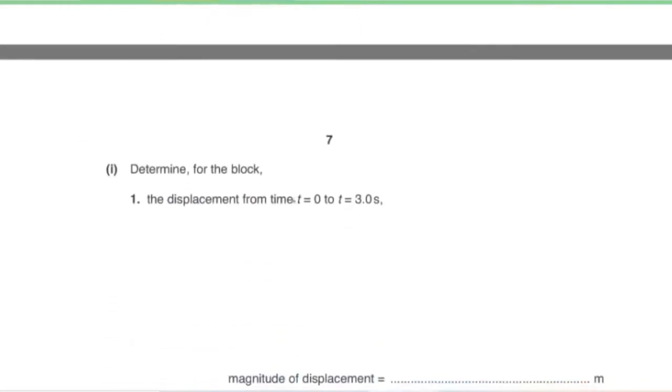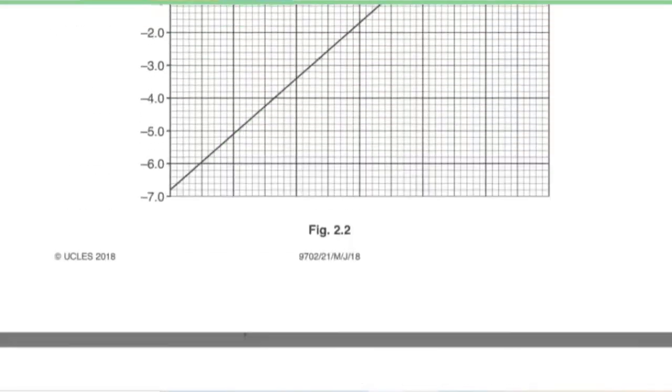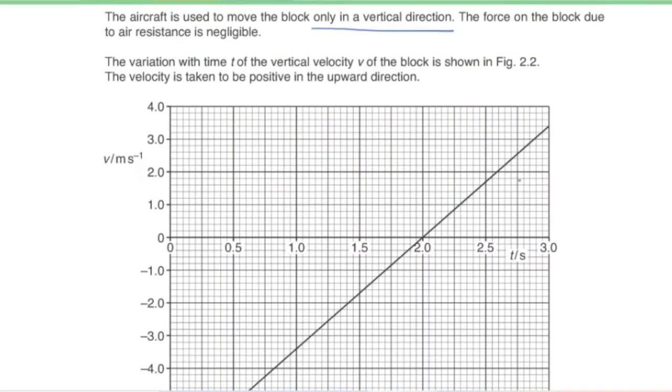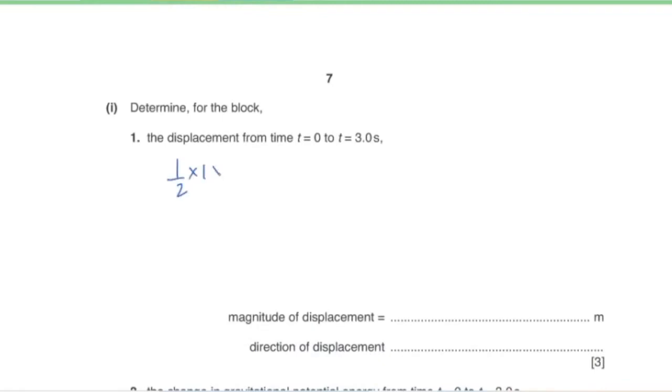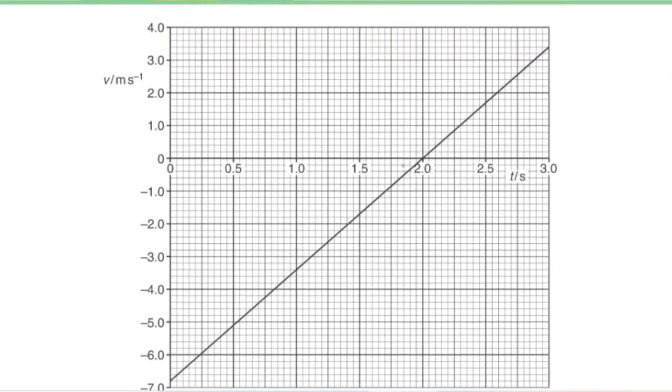Now part 1, determine for the block the displacement from time t equals 0 to t equals 3 seconds. Okay, so for displacement, we first need to calculate the distance it covers when it rises up in air and when it travels downwards. When it rises up in air, which is this part of the graph, the distance it travels upwards is going to be the area under this graph, which is half into base, that's 1 second, into height, 3.4 meters per second. So half into 1 into 3.4, which is 1.7 meters,